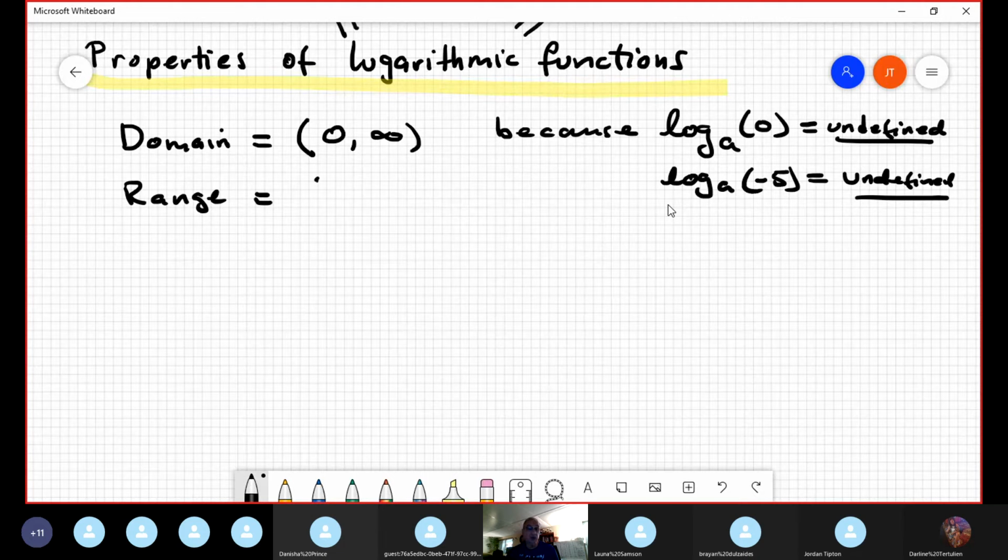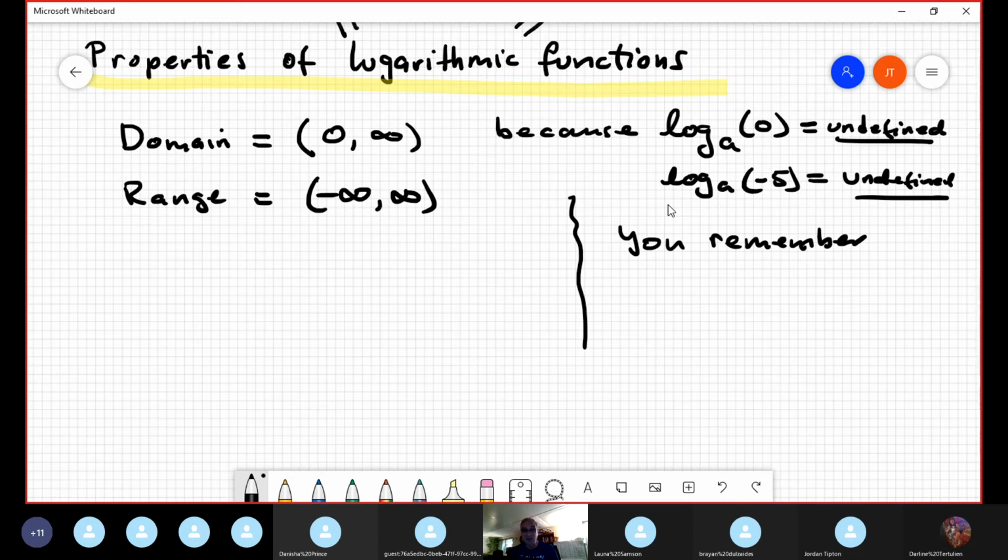However, the range is all real numbers. And this is no surprise, because I suppose that you remember for the exponential function,